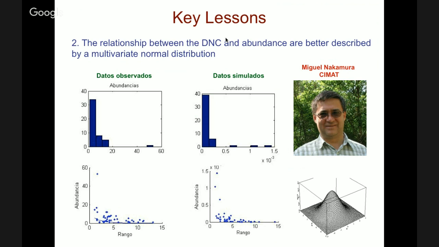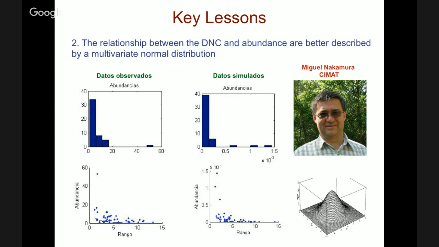Second, the relationship between the distance to the niche centroid and abundance is better described by the simplest distributional function, which is a multivariate normal distribution. With a friend and colleague of mine, Miguel Nakamura, from the Math Center, a math research center here in Mexico,